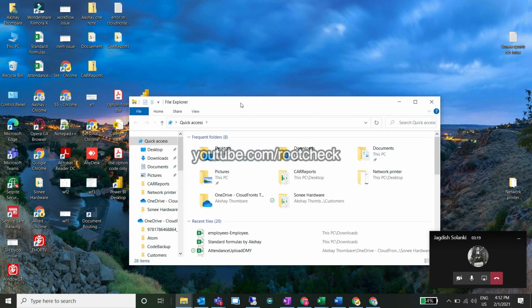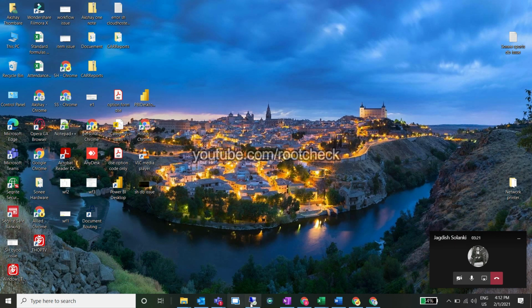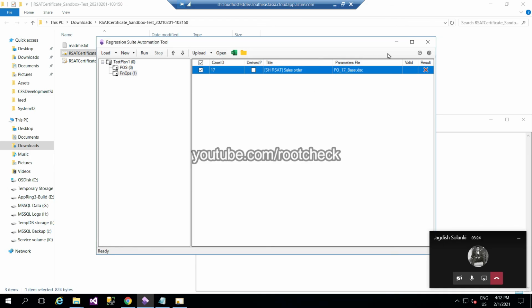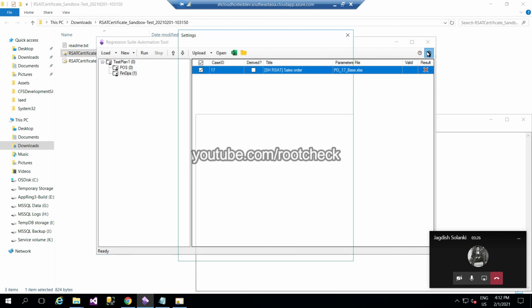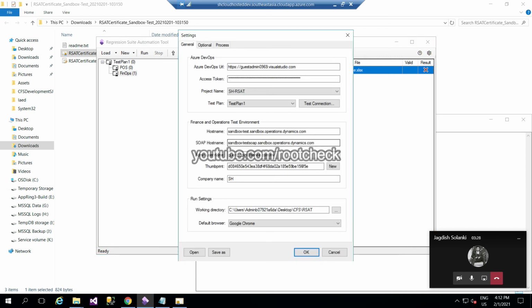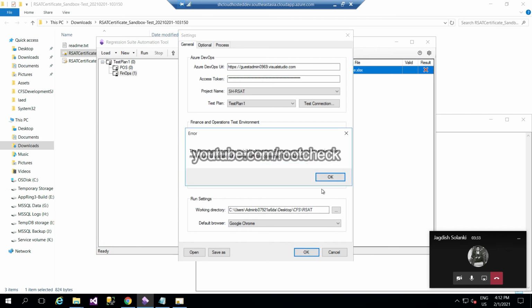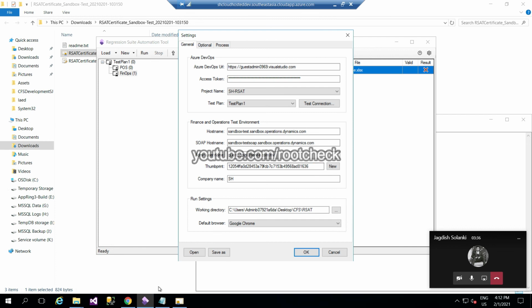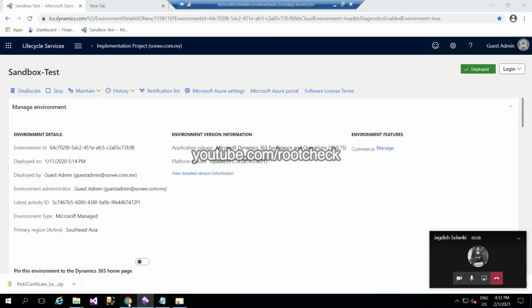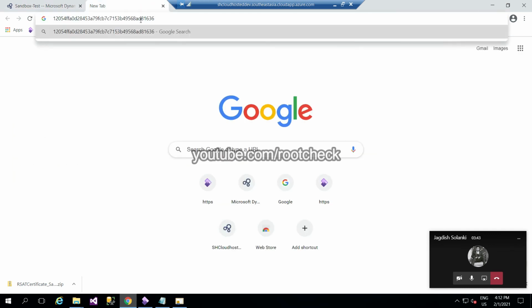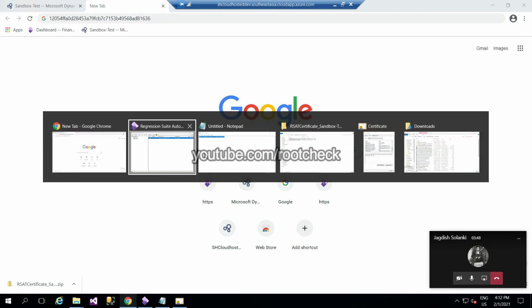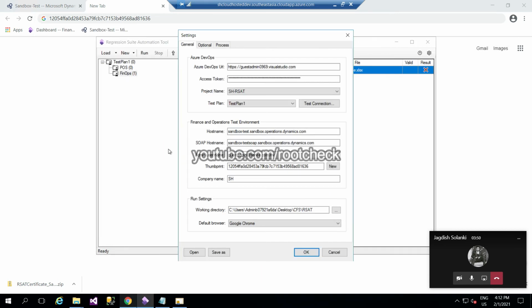Copy the thumbprint from the certificate details section and paste it to the notepad, remove the unwanted spaces, copy the whole thumbprint and paste it in Google Chrome, and from Google Chrome itself copy that thumbprint and paste it in your RSET section, and it would work. These steps are suggested by Microsoft; I raised a ticket for the same issue and they suggested these steps, and it worked for me.